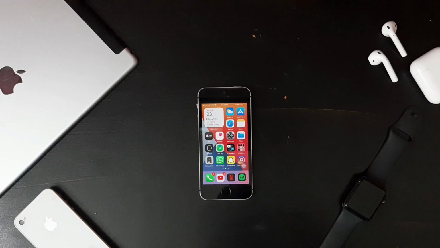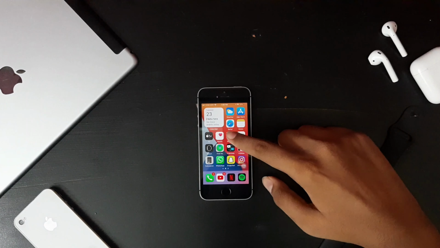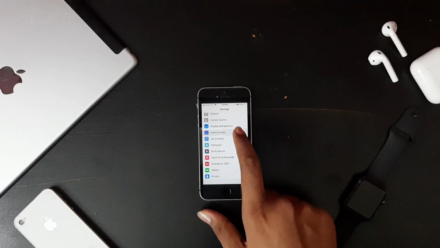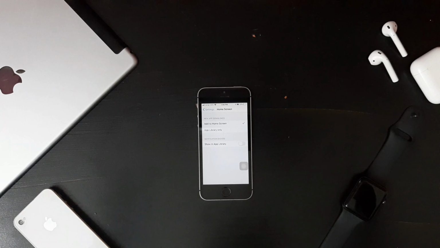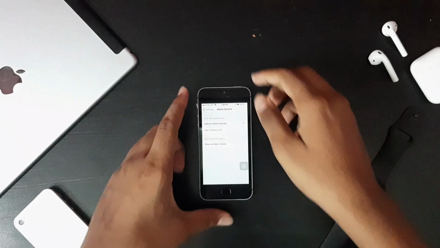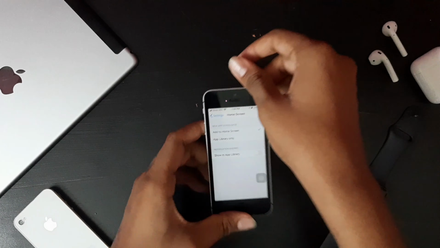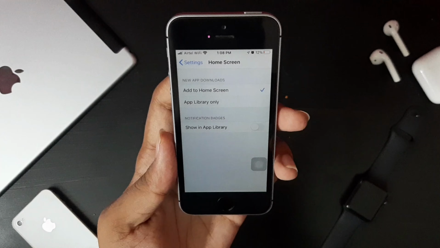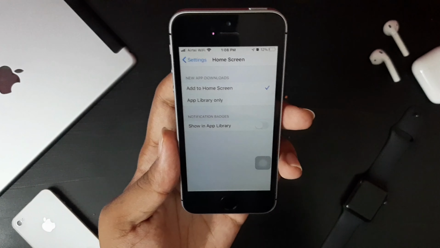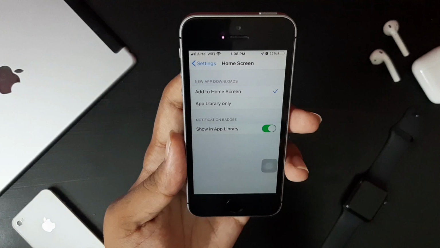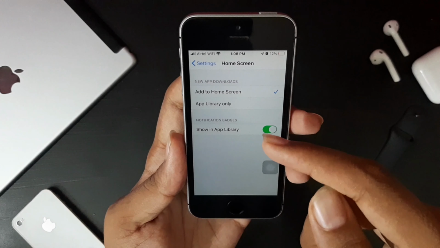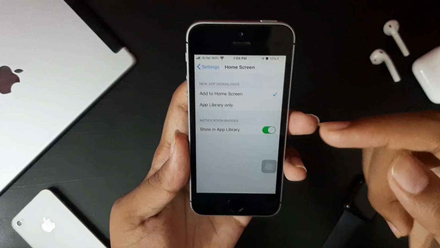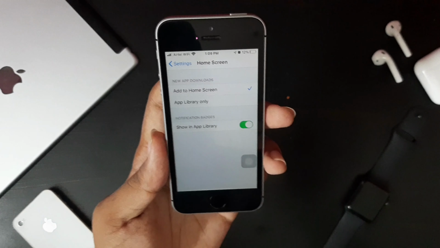And one small improvement is that if you go into settings and search for home screen, here you can customize app library only or add to home screen only. You can also add notification badges in app library by turning on this feature, or set app downloads to go to app library only or add to home screen directly.